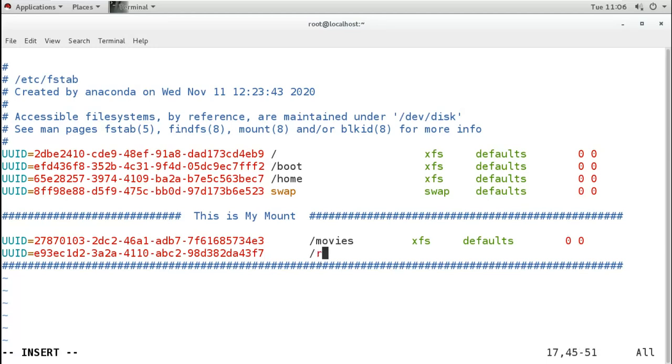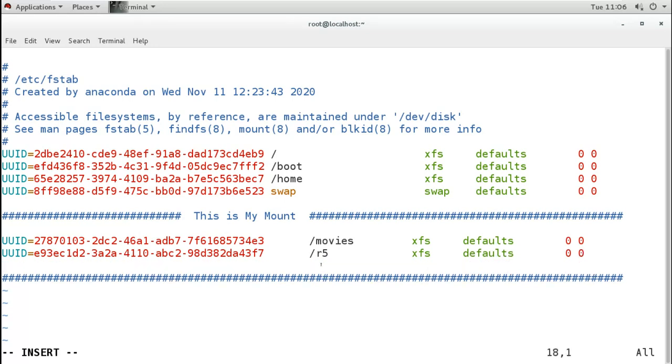The mount point is r5, the file system is xfs, then defaults, and 0 0, the same as a normal partition, and then save it.